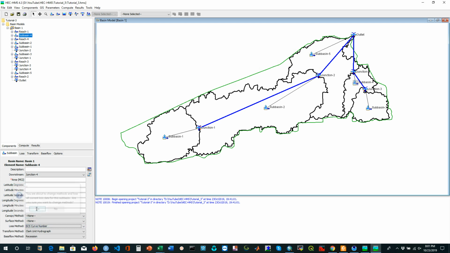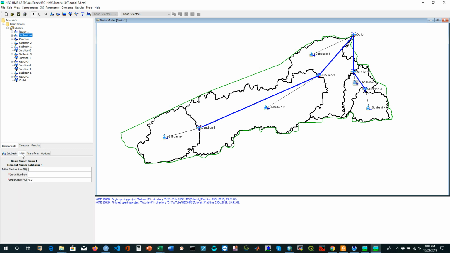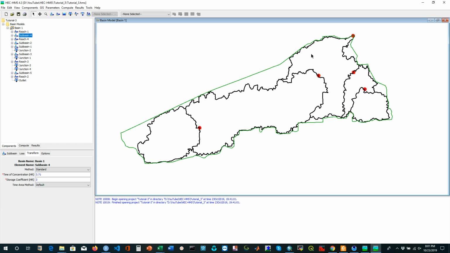select the same method, SCS, and none for base flow. The area is 4.844 and the loss method is here, initial abstraction 0.5, the curve number is 80, percentage impervious is 15, transformation we have 3.71 and the storage coefficient is 3 hour. For the sub-basin 5,